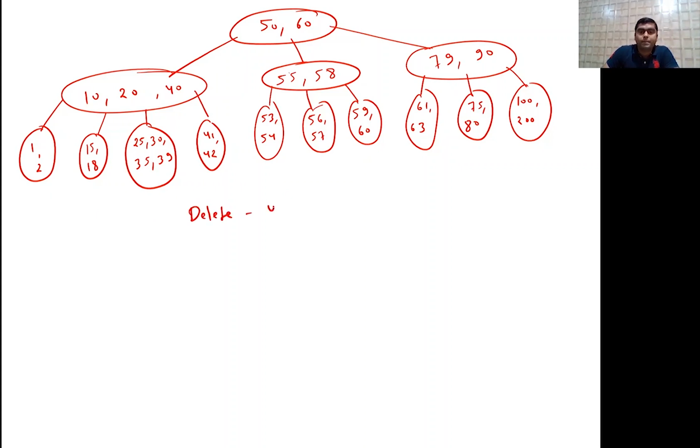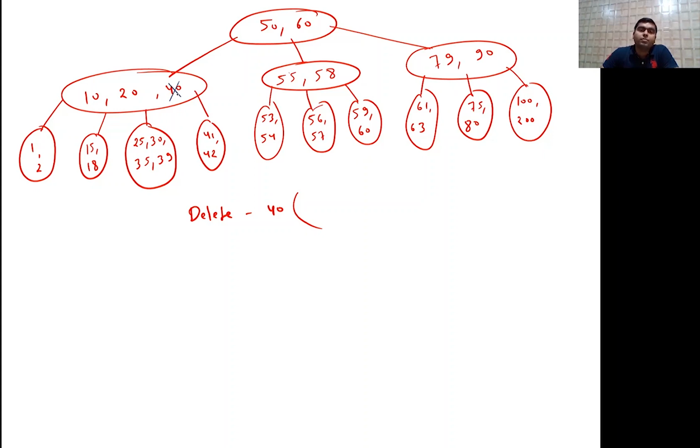Delete 40. तो 40 के केस में क्या होगा? Observe very carefully. So in case of 40, let us delete 40. So 40 is where this. Okay, so this gets deleted. Now, what is the situation over here कि यहाँ पे मिनिमम नंबर ऑफ एलिमेंट्स 2 हो सकते हैं, so it is okay, but ऊपर यहाँ पे क्या हुआ है, यहाँ एडजस्ट करना पड़ेगा हमें, ठीक है।